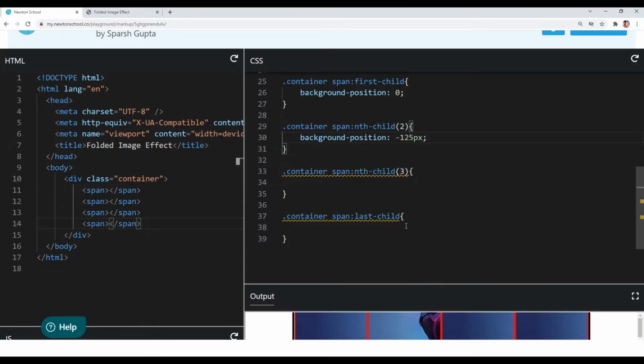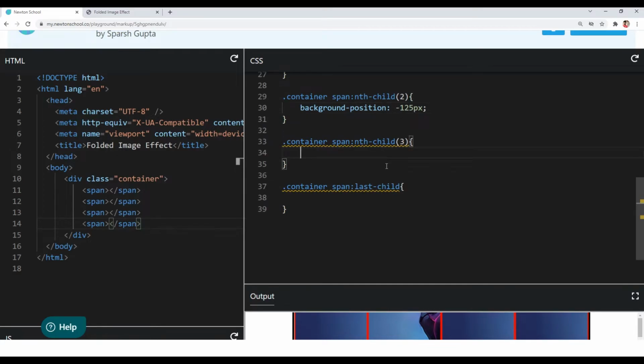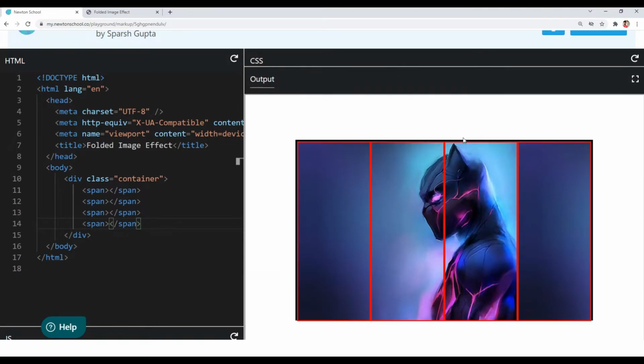So the background position of our third child will be 50% of 500 pixel, that is 250 pixel. Okay, so we will use a negative value and then 250 pixel. So look, we have also given the background position to our third element.